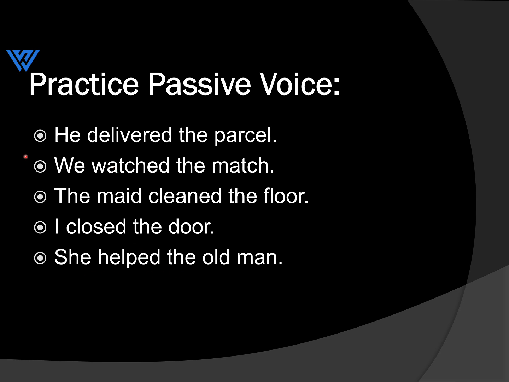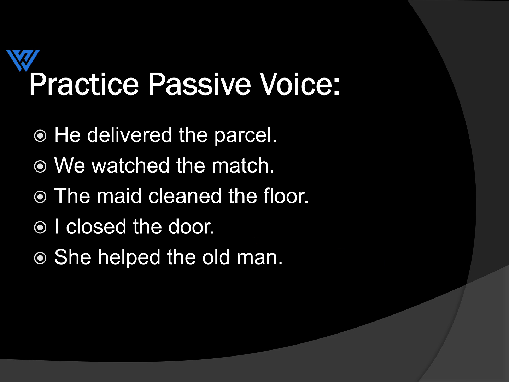There was one difference between the previous slide and this slide. In the previous slide, all the sentences were in present tense. Present tense में s या es के साथ indefinite sentences थे. उनमें हमने is, am, are लगाया था. इस slide में हर sentence में verb itself past tense का use हुआ है. Delivered, watched, cleaned, closed, helped. So इन सब verbs से हमें पता चल रहा है कि ये sentence itself past tense के हैं. तो past tense के जब sentences आएंगे तो हम कौन सा auxiliary verb लगाएंगे? Was या were. जैसे हमने इसमें लगाया, the parcel was delivered by him.